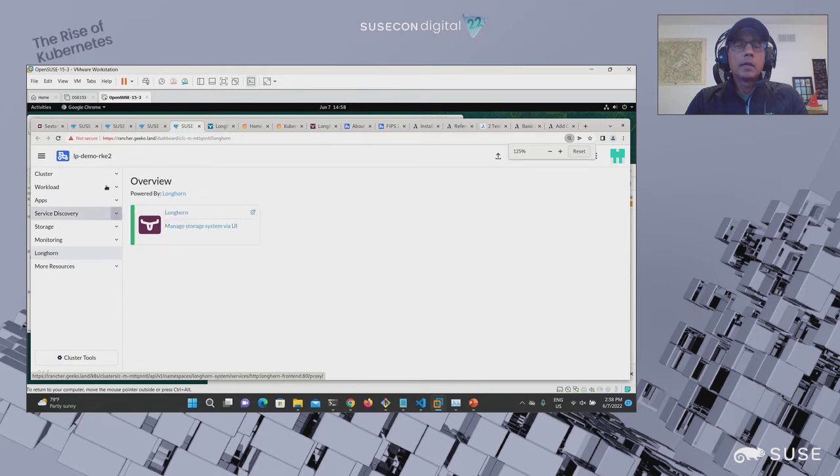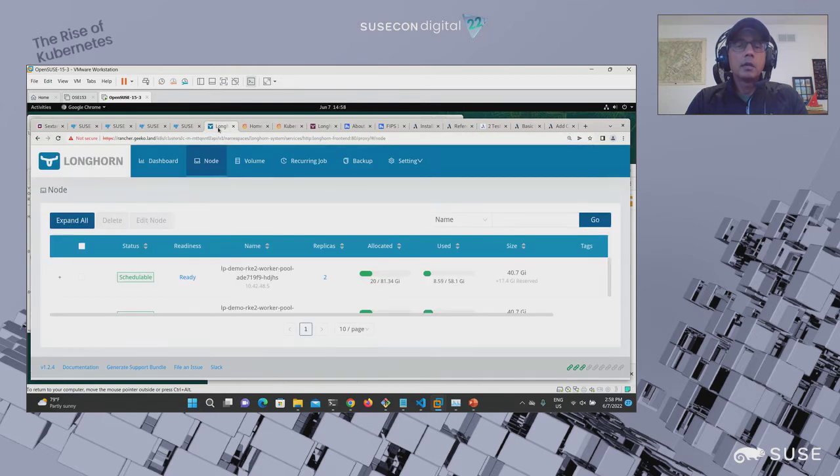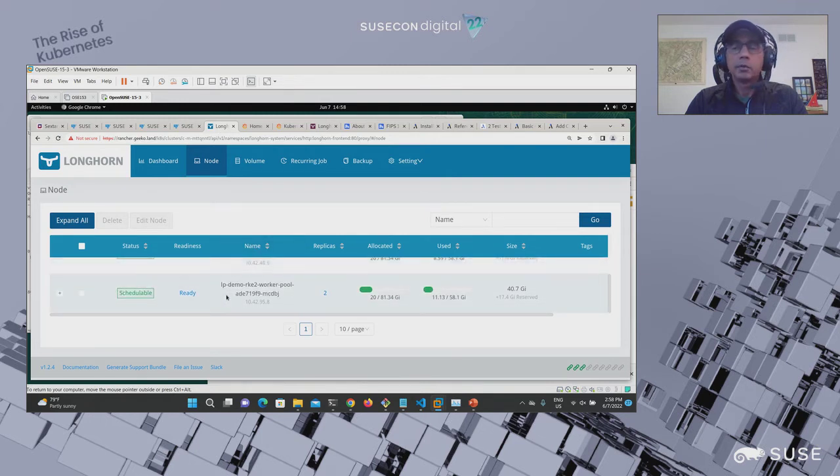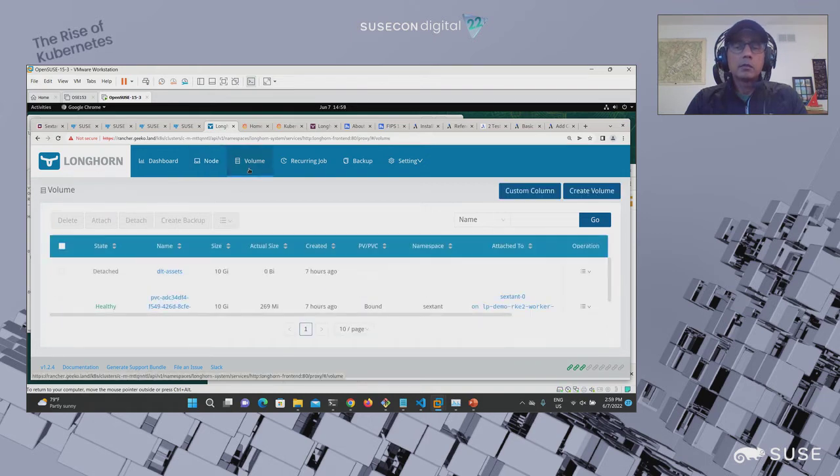Within Longhorn, I had set up a few nodes. For this demo, I just set up two nodes to show that I would have enough redundancy, no single point of failure. And the volumes that Sextant required, in this case this volume claim is using Longhorn, and it's spread over two replicas.